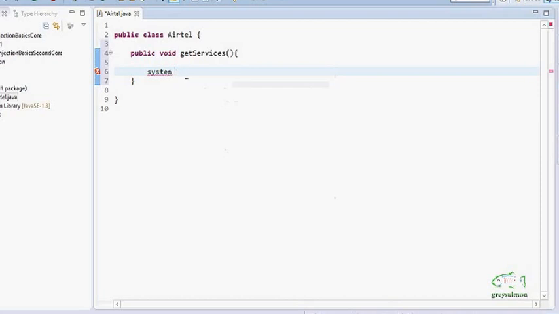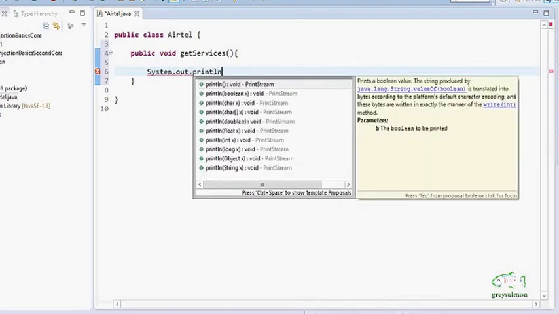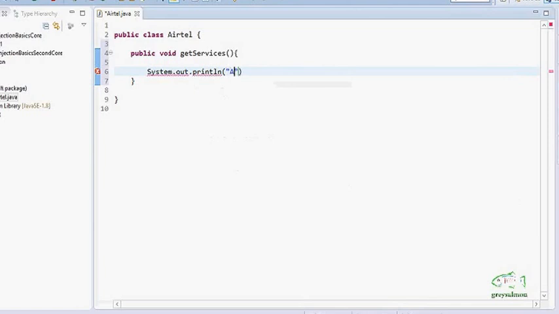Here we will simply print in the output System.out.println, and the Airtel services have been activated, and I put a semicolon here. So this class has only one method.